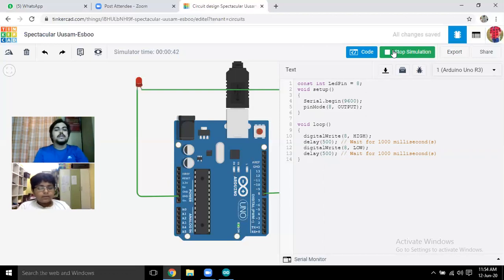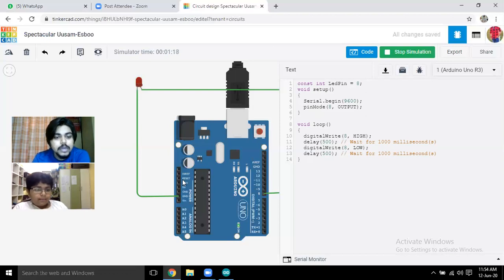So here you can see that the USB A to B cable has been connected to the USB port. This is the reset button. If we click on this, the entire thing will start over again. It's a reset button, nothing logical about it. This thing is called the crystal oscillator, which my cursor is pointing to. It does all the calculations of time. If we are working with any sensor in which time calculation will be needed, all this time calculation will be done with this oscillator.